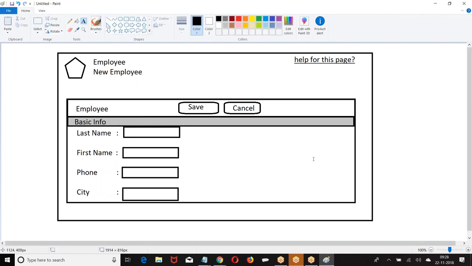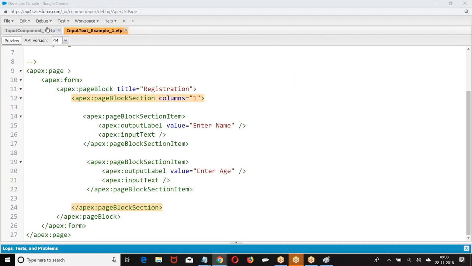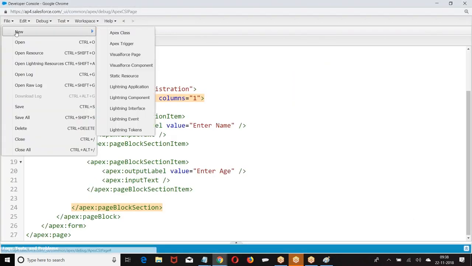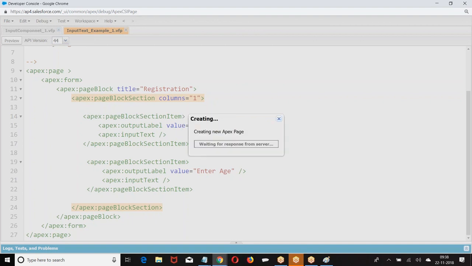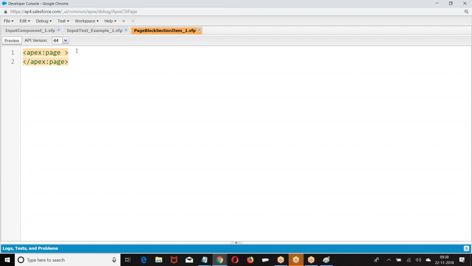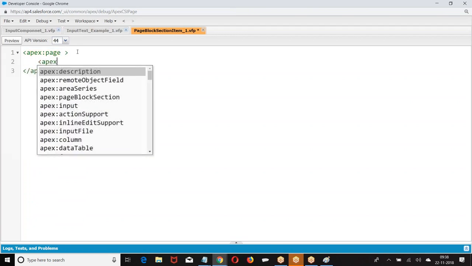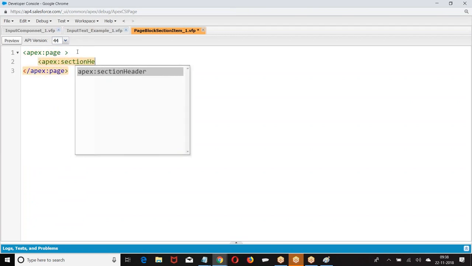So create this example, everyone. How will you define the title?